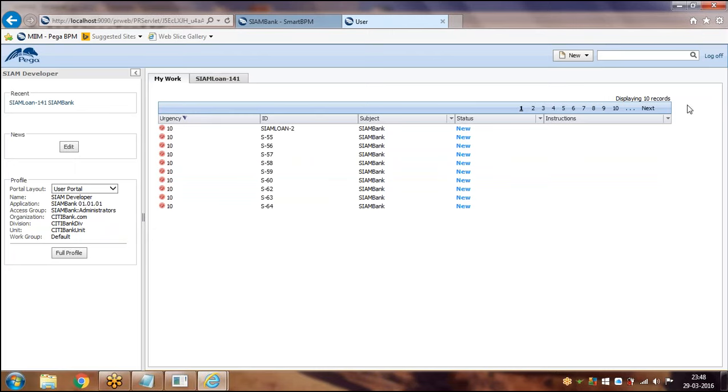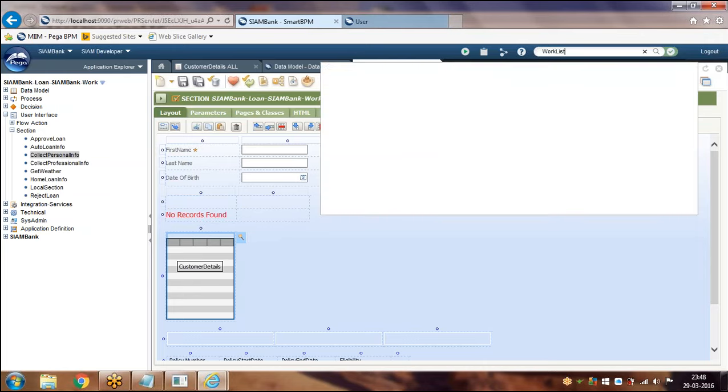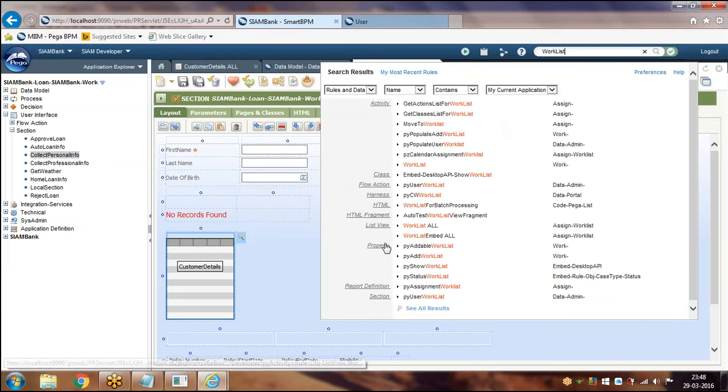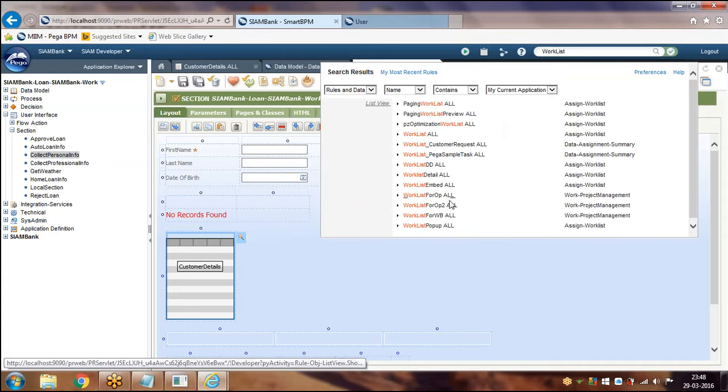Behind this also, you are able to see this work list because of a list view rule. It is detailed data. It is showing you the assignments which are assigned to you. So a default rule is there behind it to show all the work objects to you. That is nothing but work list embed.